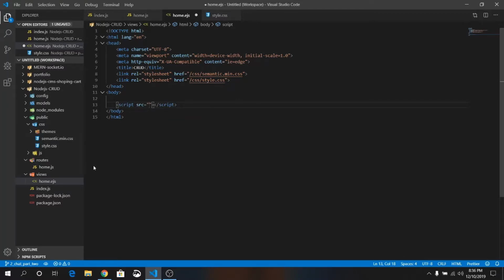Remember, we are already in public folder. Just give a forward slash, that means we are in public folder. JS forward slash. This time it should be JS. Okay,